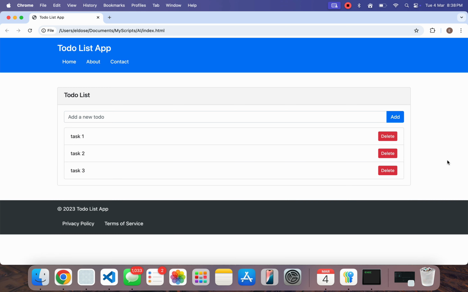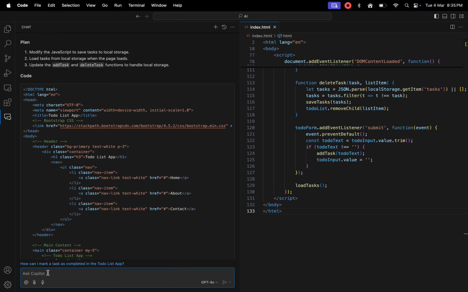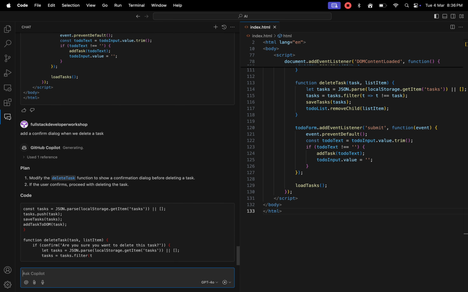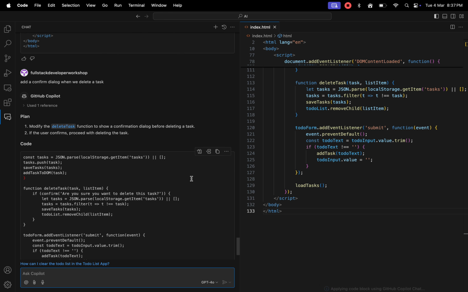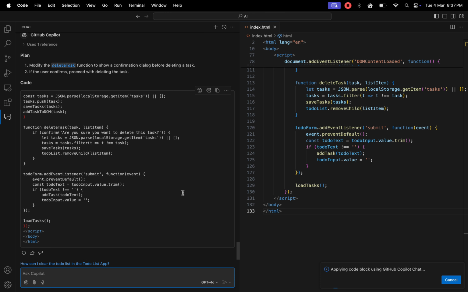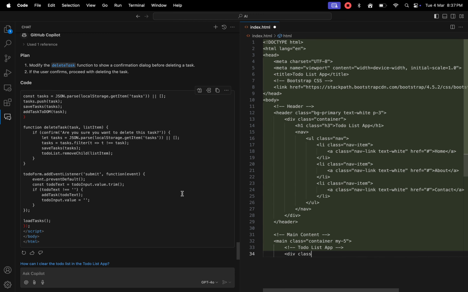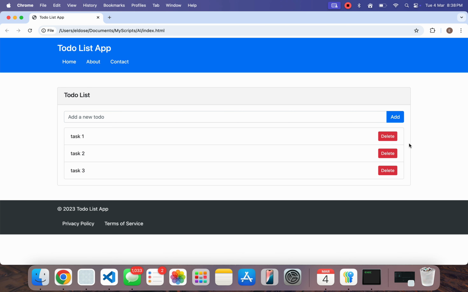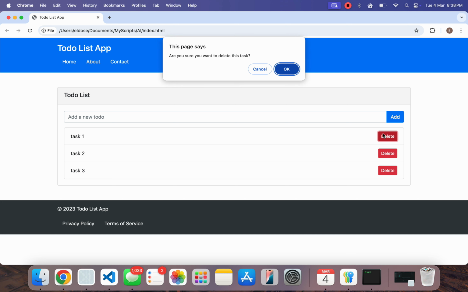To add a confirm dialog for deleting tasks, ask Copilot to create a dialog box. Integrate the changes and test the dialog box functionality. Copilot has generated a basic JavaScript-based confirm dialog.